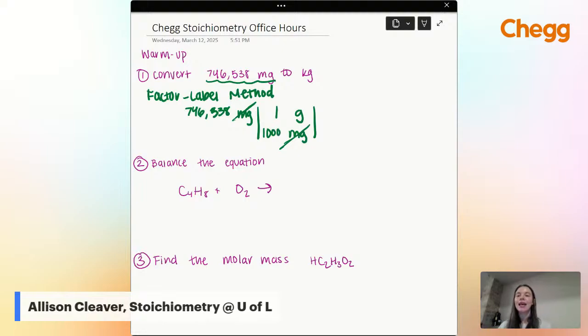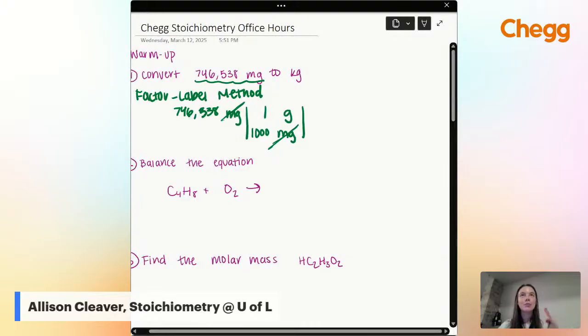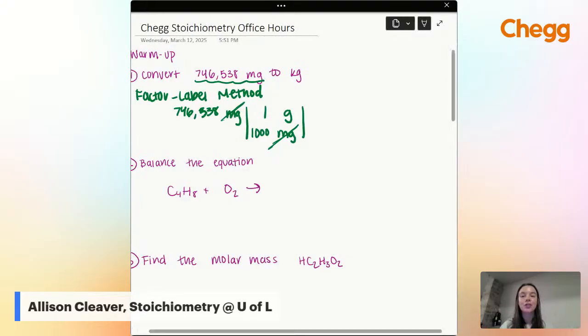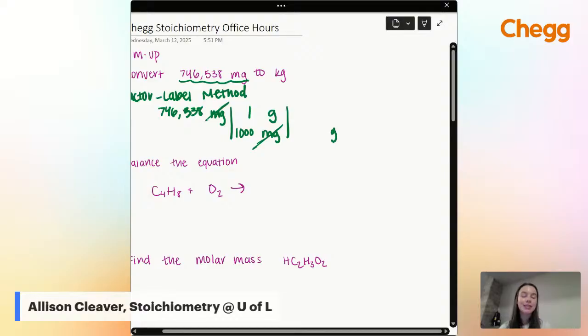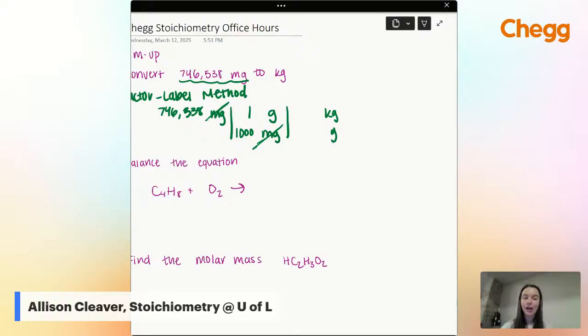Great job, guys. And then we're going to go one step closer to kilograms, which in this case, since we're already at our base unit, we can go straight to kilograms. So we put grams on the bottom because, again, grams isn't in our final answer, so we want to cancel it out. But kilograms is in our final answer, so it goes on the top. So then we cancel our grams out because it's on the top and the bottom. And now we need a conversion factor from grams to kilograms. So I'm going to give y'all another 10 seconds. Tell me that conversion factor from grams to kilograms. I think memorizing these is extremely important. So I want to test y'all and make sure that everyone is understanding.